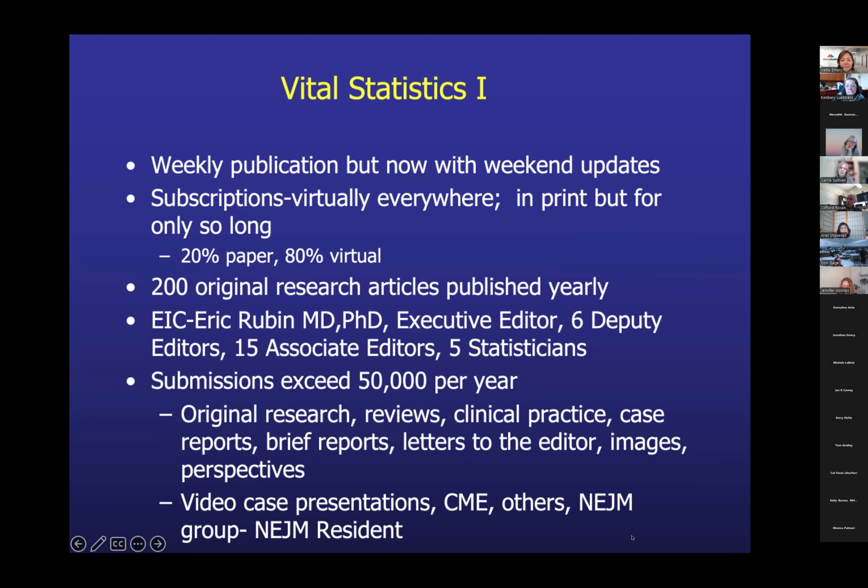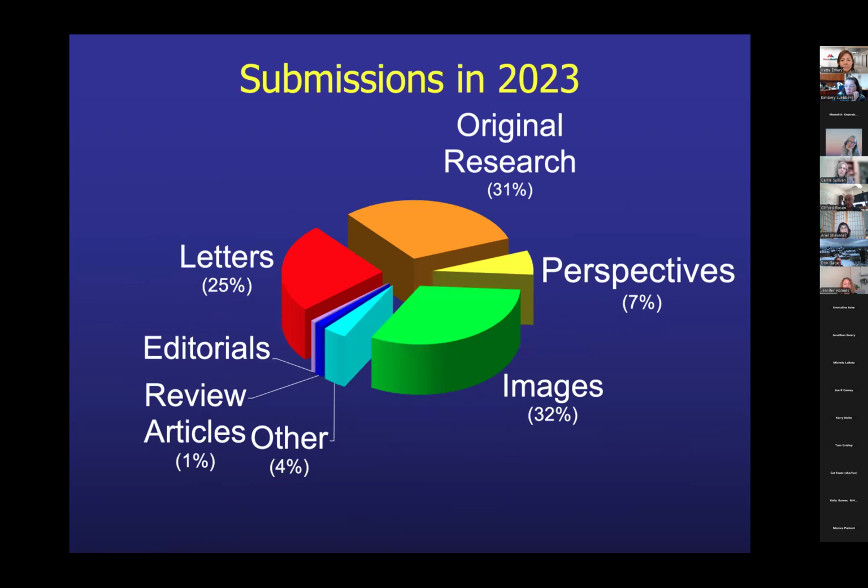So New England Journal only publishes 200 original research articles a year. So that, to them, that's one of the focuses. You get the top cream of the crop, and you keep your impact factor at a relatively high level. But for New England Journal, it's not a problem because we get thousands upon thousands of submissions a year. So we're not out there asking people to submit to us, unless I just had a discussion today.